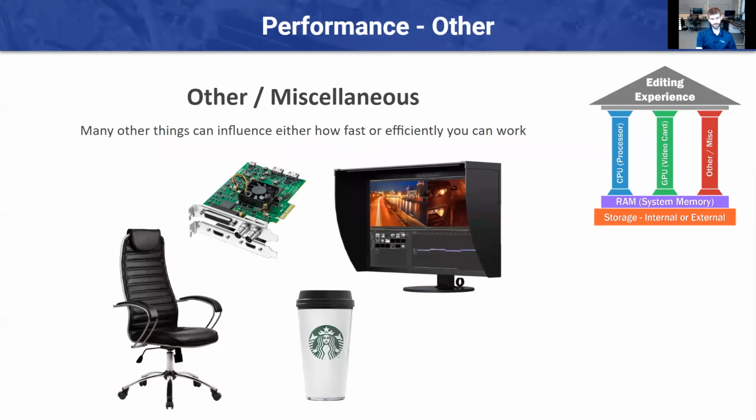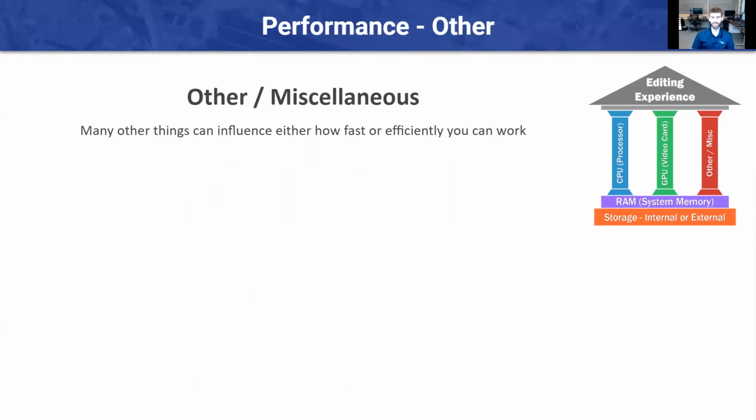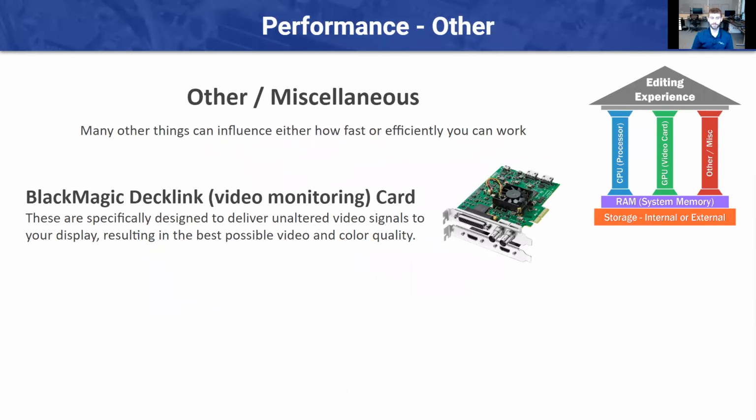So quickly, because I was trying to get this into 45 minutes and might go a few minutes long, kind of the other miscellaneous things that you want to be thinking about that can influence how fast or how efficiently you can work. You know, things like, I mean, it could be anything. It could be your chairs. It can be how much coffee, you know, do you need a coffee machine right next to your computer? Do you need a Red Bull cooler? But the three that we kind of tend to talk to our customers about